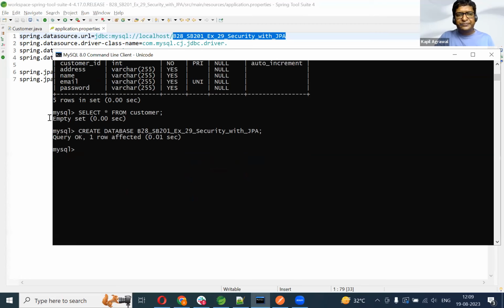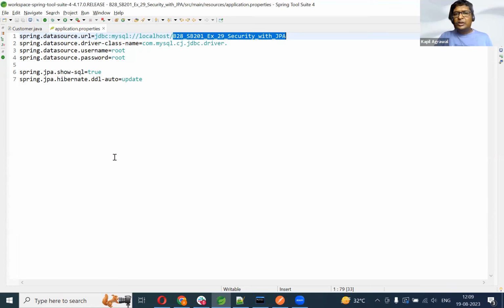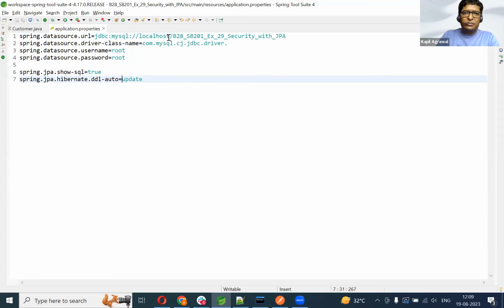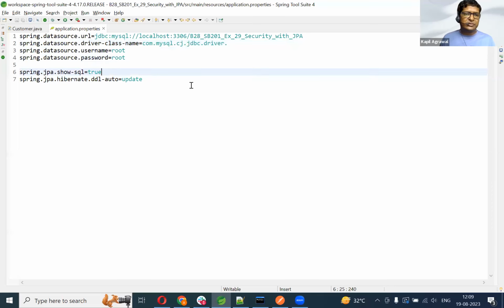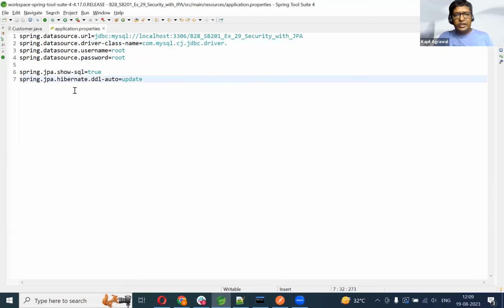Is that okay, everyone? One database is created here, and I'm using the same database. 3306 is the optional port number. If you write it, it is okay. If you don't write it, it is not going to make any difference because 3306 is the default port number. So the details are spring.datasource.url, spring.datasource.driver-class-name, username, password, show SQL, and